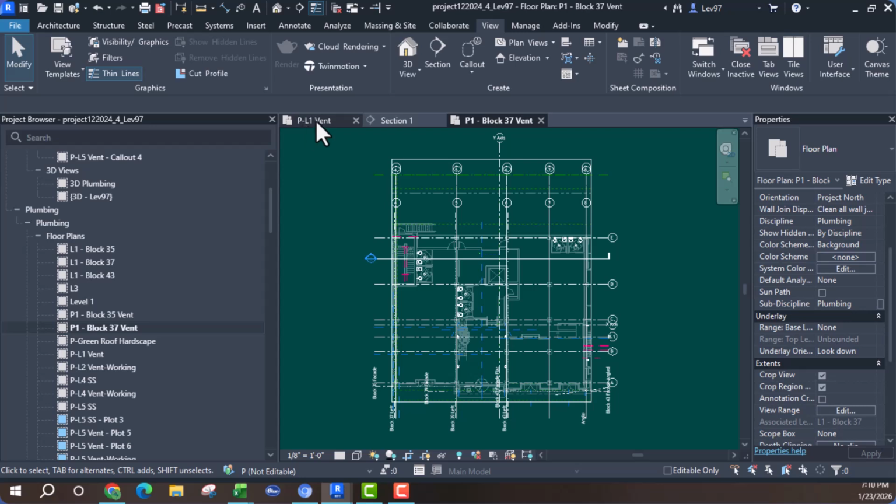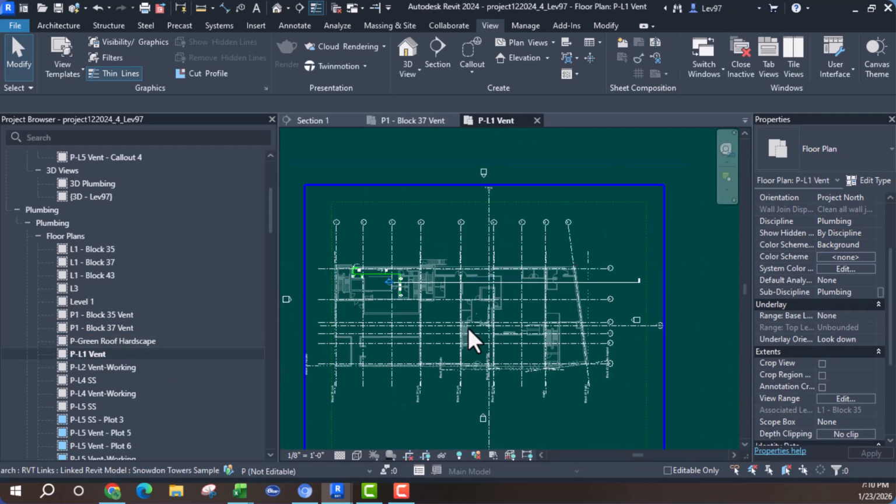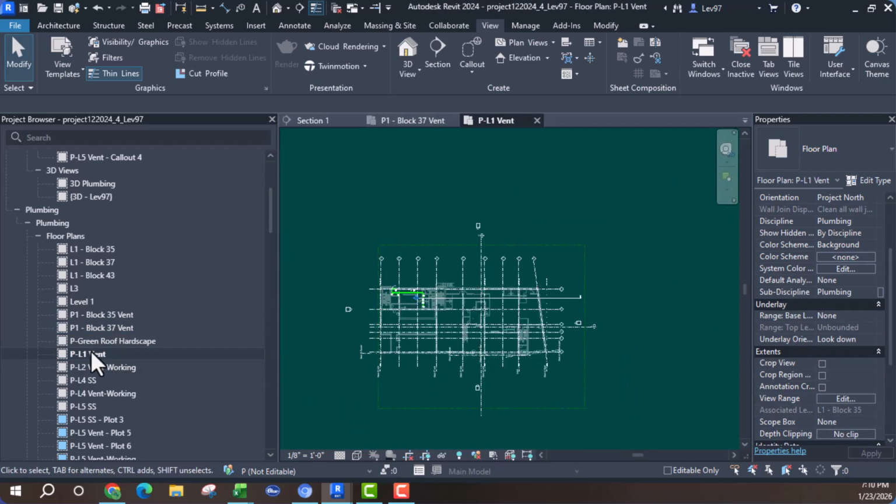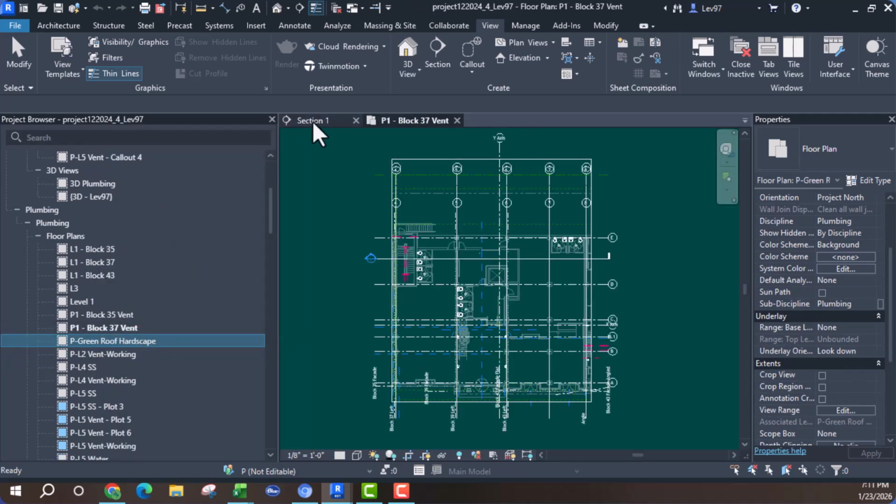35, yeah, close. Vent. PL vent. Let's see. I think I'm going to delete this view. Yeah, okay. So, and we are cleaning up